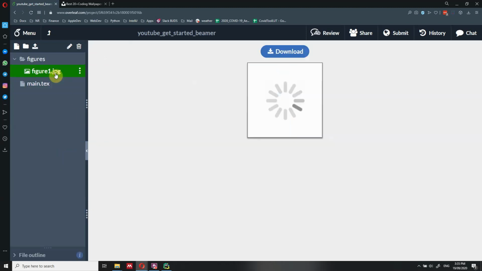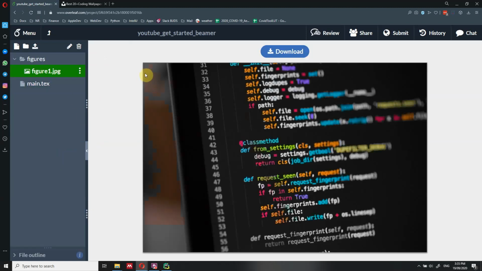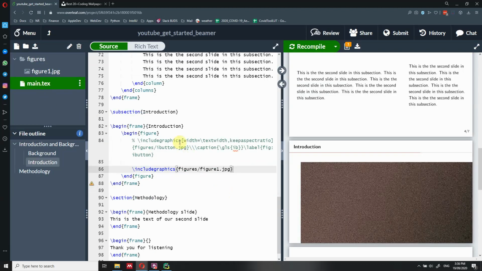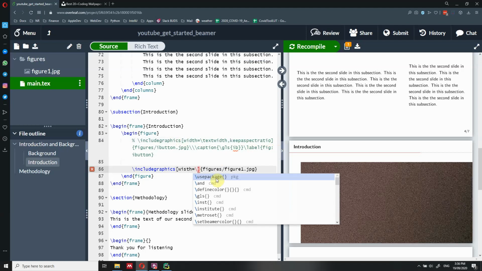But as you can see, this is how our figure looks, and you can only see this top bit of the figure. Why? Because the size of this figure is very large, way larger than our slide. So as we did before with the columns, we can specify the width of the figure that we want. So we have braces here, and we type width, and then as we did before, we say we want text